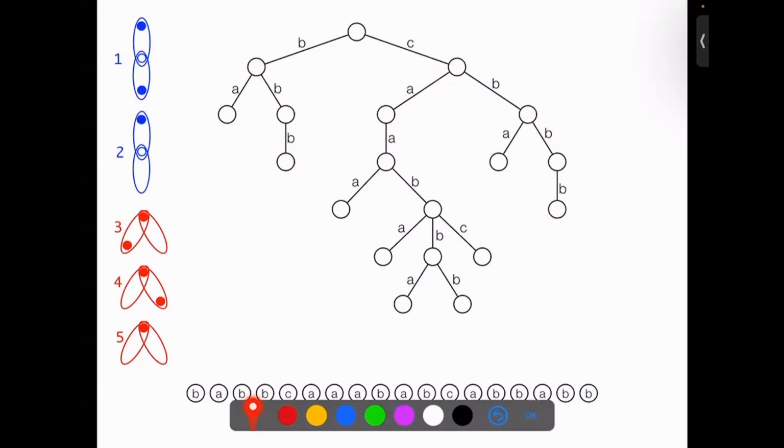Or actually, only this one was of type 1, because only in this one, the bottom node had connections to others. The two other ones, this one and this one, is a type 2 merge that we could do. And these we call vertical merges. We also have some horizontal merges where we can take a little pattern like this. That would be a type 4 merge, where this node here and this node here have connections outside, but this